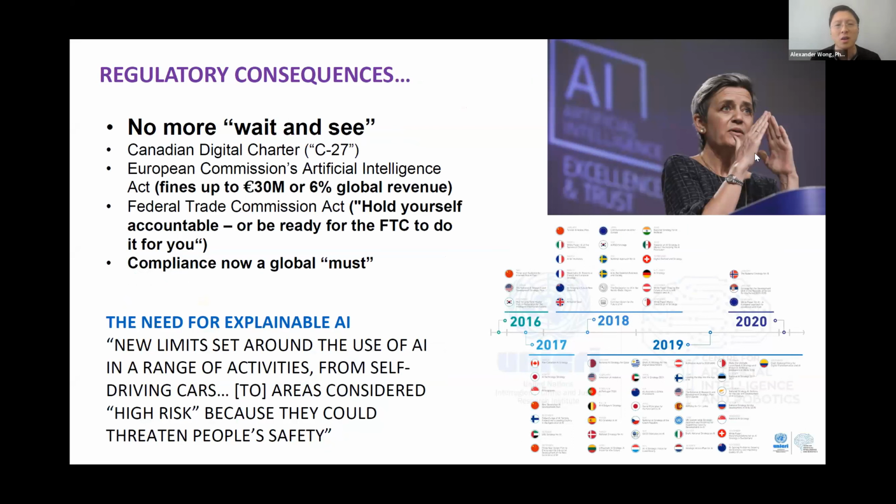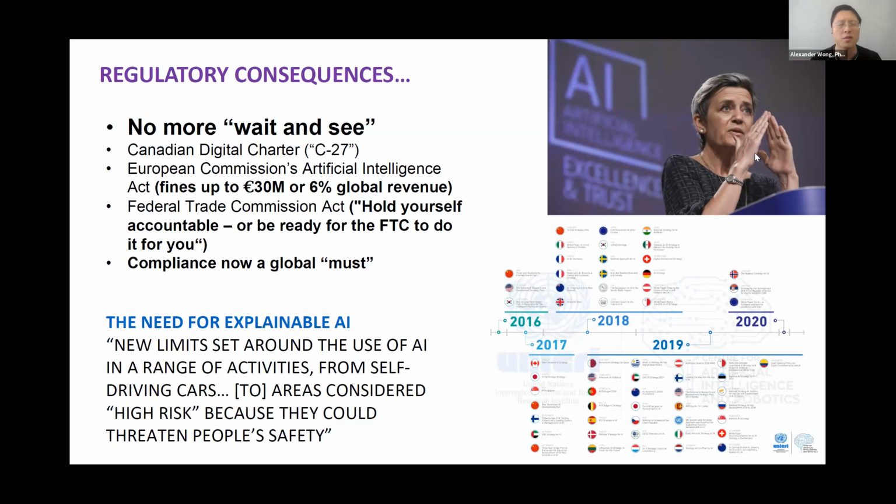So recently in Canada, we have the Canadian Digital Charter, C27, where part of it is focused on algorithmic transparency, where an algorithm or AI is being leveraged to make a decision on an individual. They have the right to question and ask, why was that decision made? In the European Union, one of the biggest things was that their Artificial Intelligence Act, the AIA, has recently become law, and now there are fines up to 30 million euros or 6% of global revenue. So it's a very large penalty that companies are now really waking up to when it comes to AI deployment.